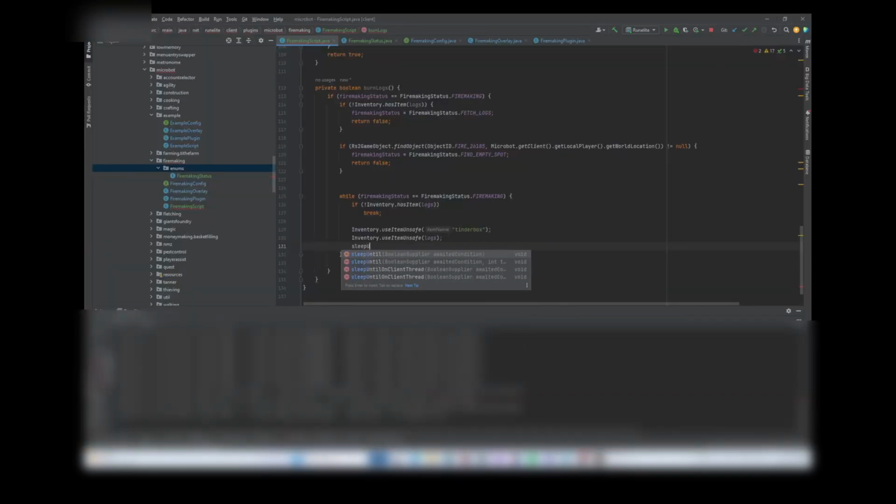1205. So sleep until, that's another utility function. So we have to sleep on the client thread just to be safe, because we're checking the player's animation. So we'll sleep until the client get local player, until the pose animation is